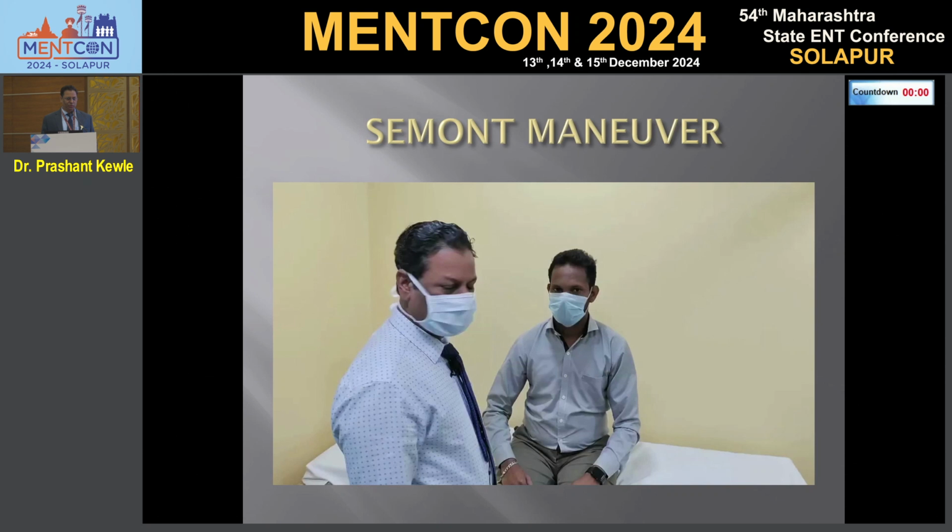And for cupulolithiasis, for the crus commune particle, that fifth one, you are doing the modified Gufoni. If it is the right side, having Dix-Hallpike will give opposite side nystagmus, that is away from the ground. That is the only nystagmus in the posterior canal that is ageotropic, we can call. So you turn the patient toward the ground and the particle will settle down. They will go directly from the other side and they will fall. That is what the modified Gufoni maneuver is used for.